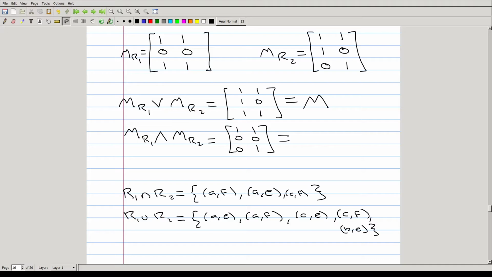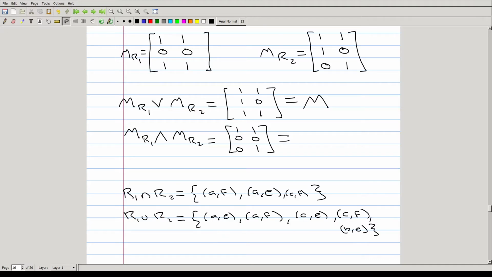This matrix is saying that for the union, AE, AF, CE, CF and BE are all elements in this relation, which is exactly the union. And similarly, for the intersection, R1 intersected with R2 should be AF, AE, and CF. So this computational procedure is exactly giving us what we want